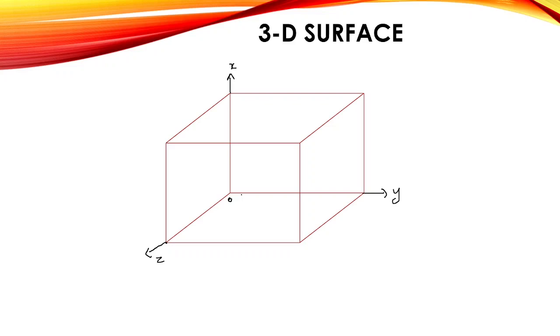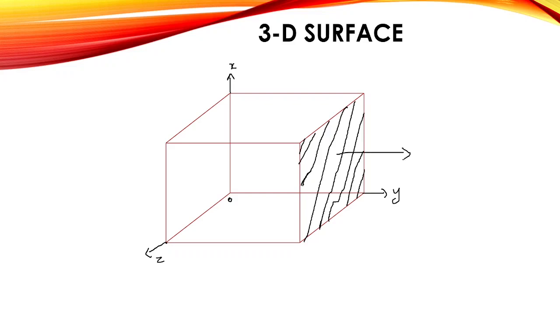So in a 3D surface, there is a small change in the representation of the area vector. That means for this cuboid, how many surfaces are there? Total 6 surfaces are there, right? So if I am considering a surface, this surface, I need to find the area vector for this surface. Okay, my dear students, I need to find the direction of this area vector from here. Direction will be perpendicular to the surface. So here the direction will be in this direction.